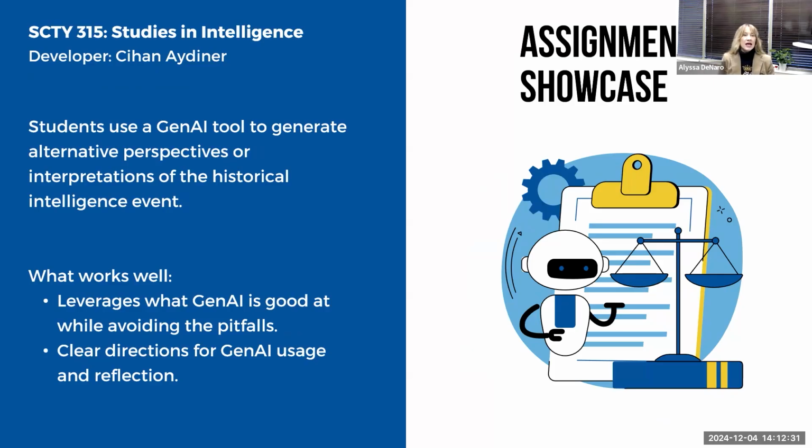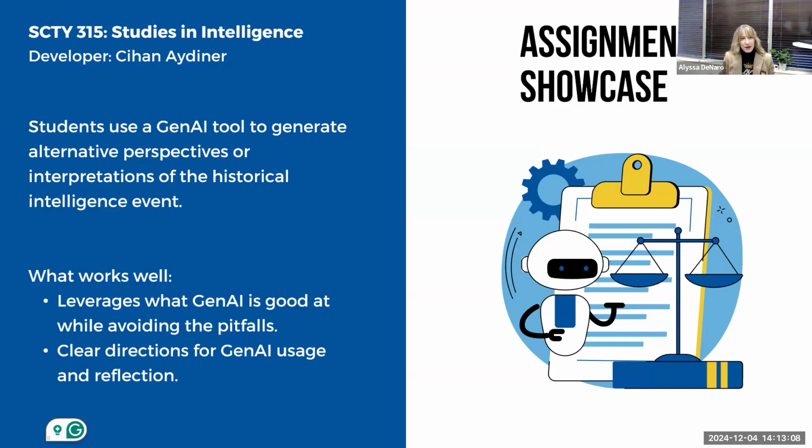So overall context, students here use a generative AI tool of their choice to think through a significant intelligence event. So think like Bay of Pigs invasion. And what students do with a generative AI tool is use it to help them think of different ways to view this event. So kind of playing around with the tool, imagine, to think of alternate perspectives, alternate ways of viewing the event, even alternate futures for what might have happened if different things had changed.